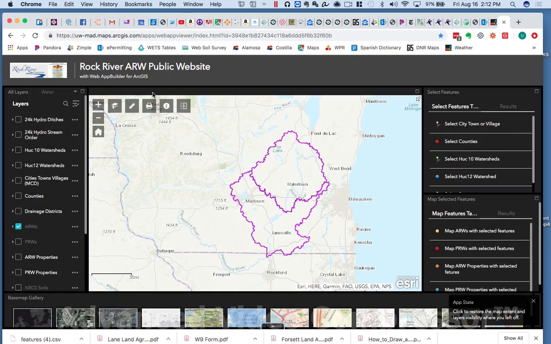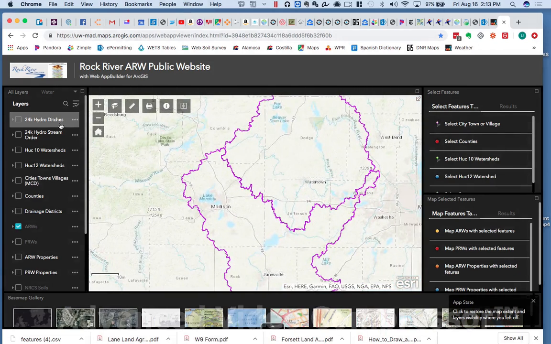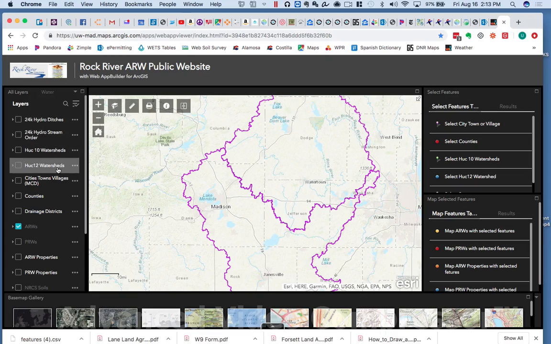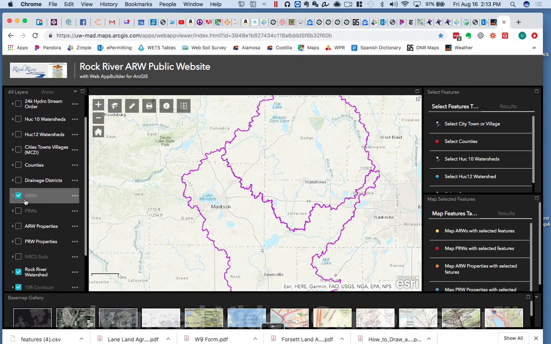Okay, so here we have the Rock River Basin, and we've got our layers over here. We've got just about anything a person evaluating a site for wetland restoration would want to have. So ditches, streams, HUC 10 and HUC 12 watersheds. We've got cities, towns, villages, counties. You can see all the stuff here. We've got that shaded out there. ARWs, actually restorable wetlands, there. PRWs there. We have the ARW and PRW properties,